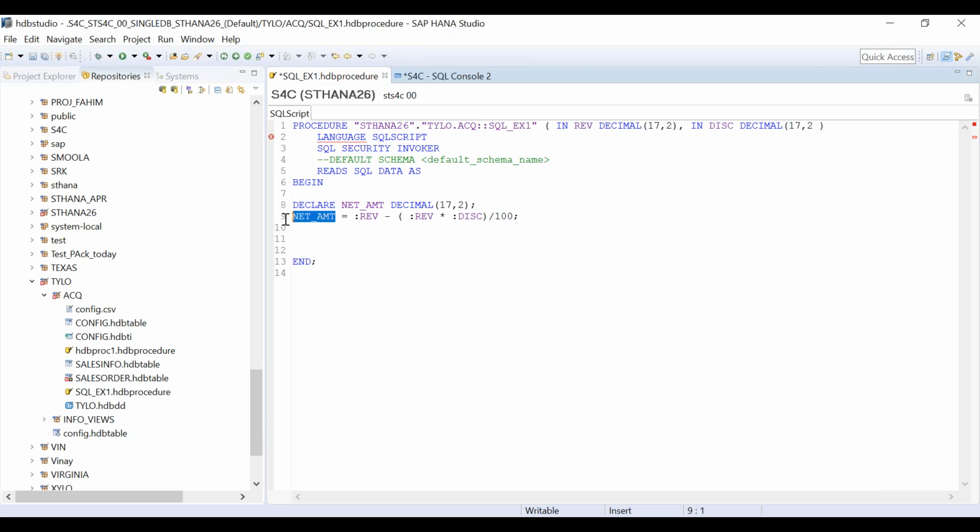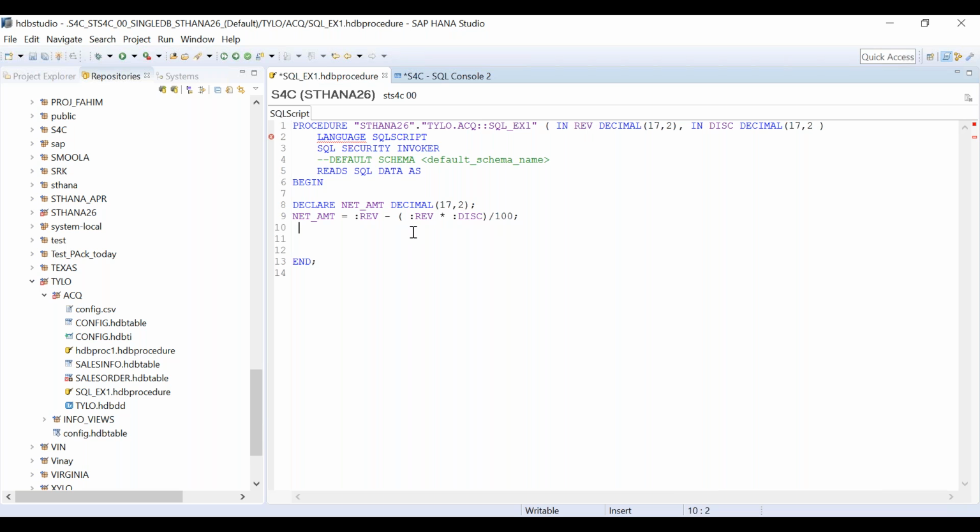Net amount is my variable. Now, how do you do the calculation part? This is again one more learning: how do you address a variable inside a variable? How do you refer to it? If I want to refer to this rev, I have to use a single colon like this. Single colon rev, and single colon discount.